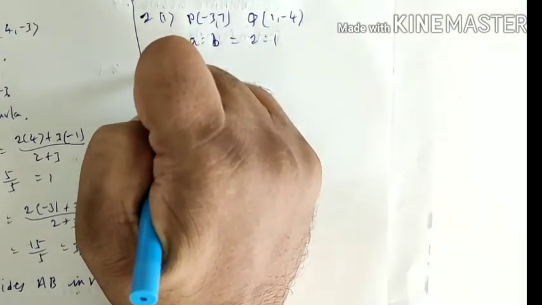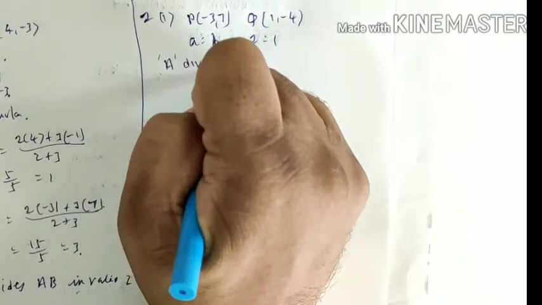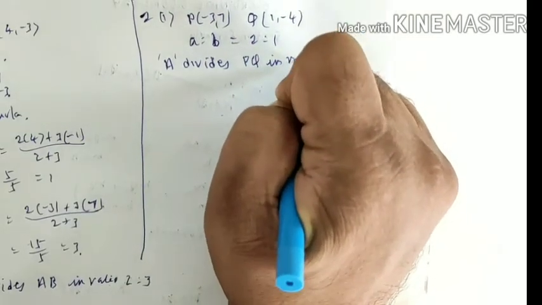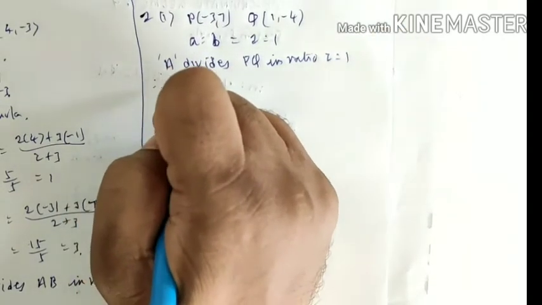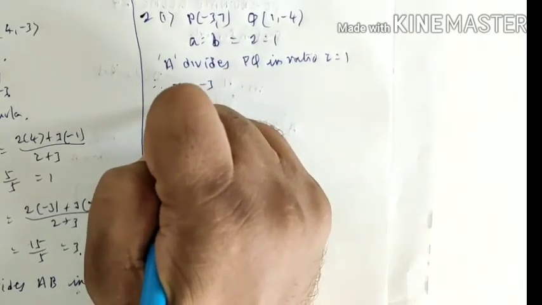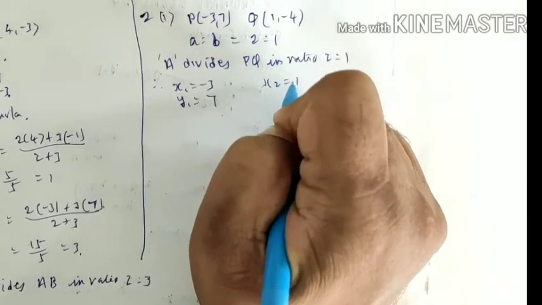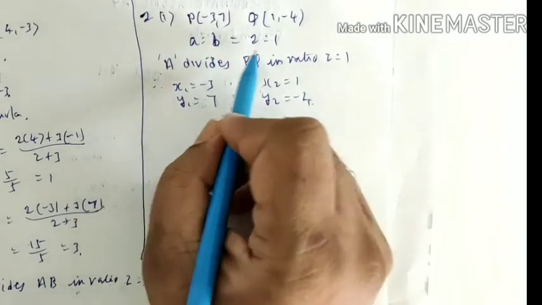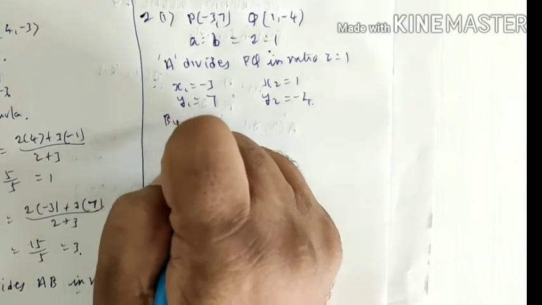So we shall write here: A divides PQ in the ratio 2:1. Therefore, here x1 is -3, y1 is 7, x2 is 1 and y2 is -4, and A is to B is already given as 2 is to 1. So we can write here, by section formula,